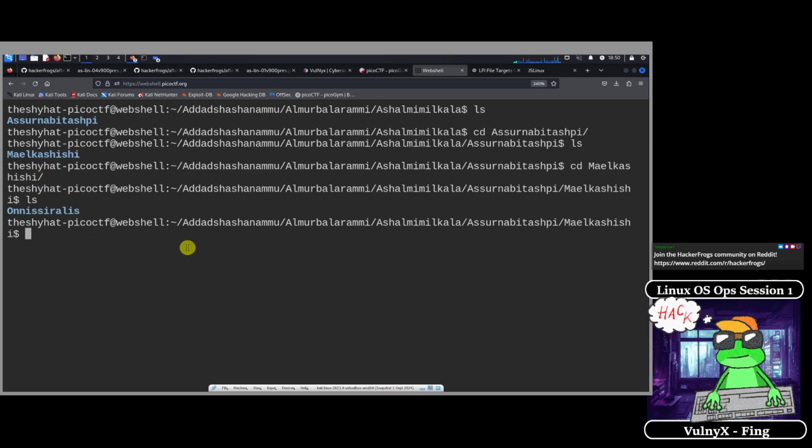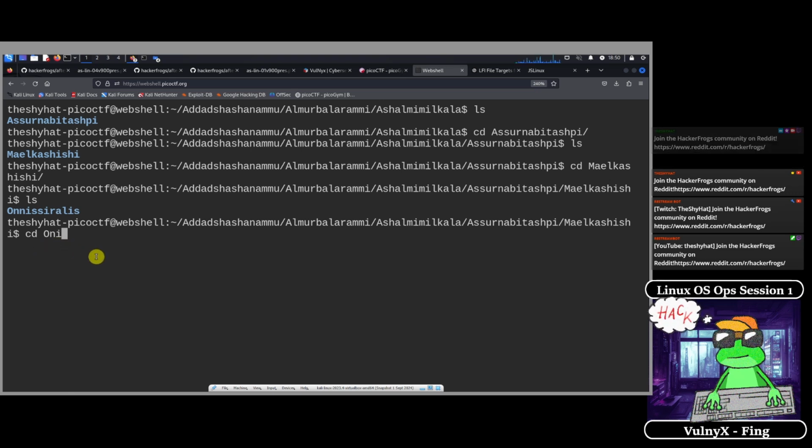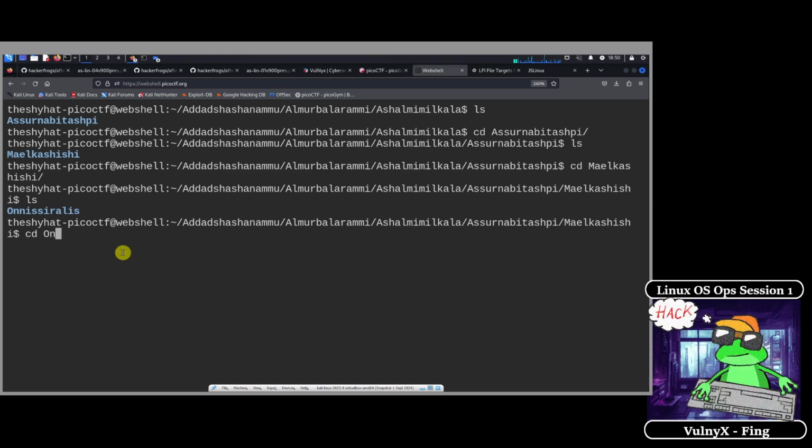We see that there's another directory in here called Onisiralis. So we can enter this directory just like all the other ones by starting the name and then hitting the tab key. Oh, is this not working?